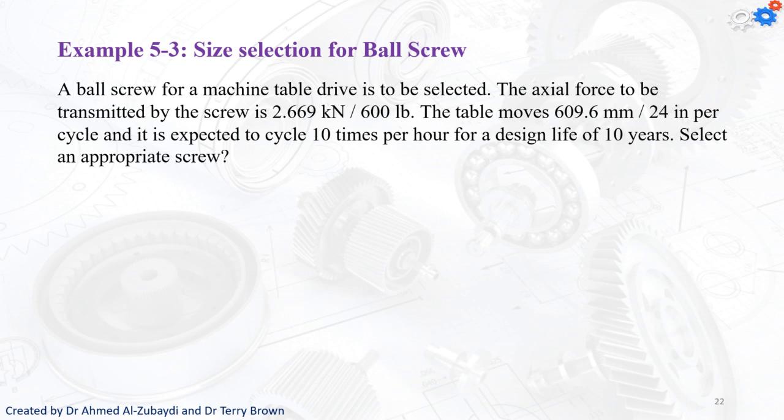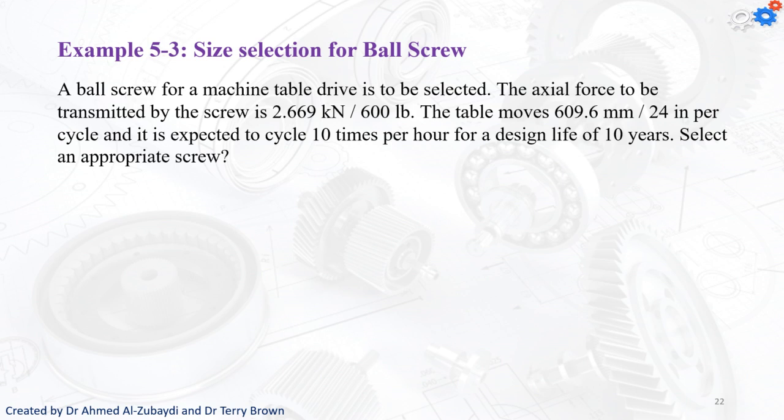The axial force transmitted by this screw is 2.669 kilonewton or 600-pound force. The table is going to move 609.6 millimeters or 24 inches per cycle, and is expected to cycle 10 times every hour for a design life of 10 years. Select the appropriate screw. So the first thing we have to do is we need to know how much